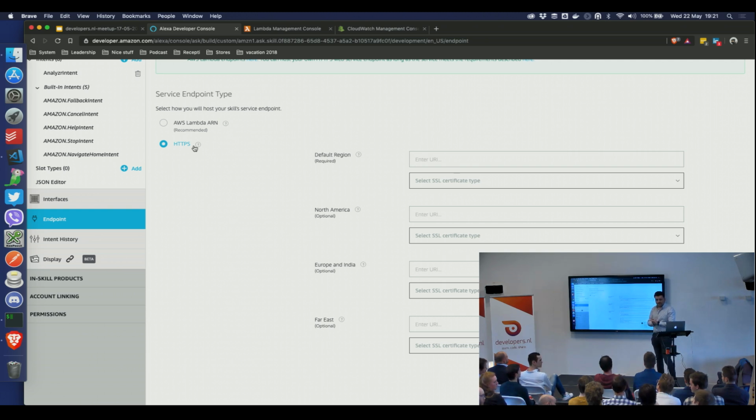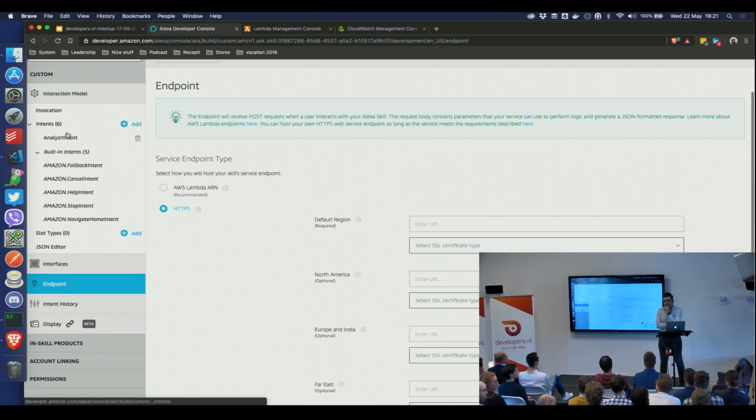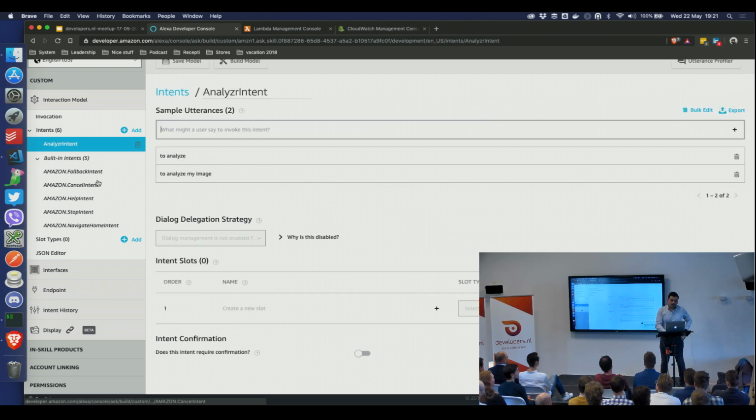Yeah, I think most skills you've shown are kind of call and response. It's easy to make something that's more conversational, that you follow up on some query. Yeah, I didn't go into it right now, but you do have the dialogue delegation strategy. So you can link together these intents. So you start off with one intent, and we'll ask you, for example, if we look at the example of Developers.nl, we do research. So what you could do was